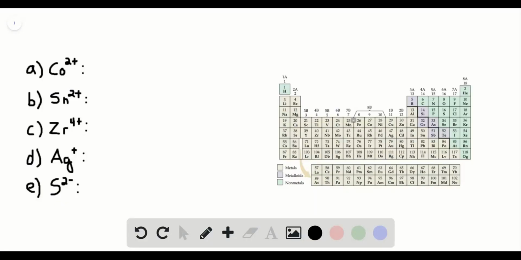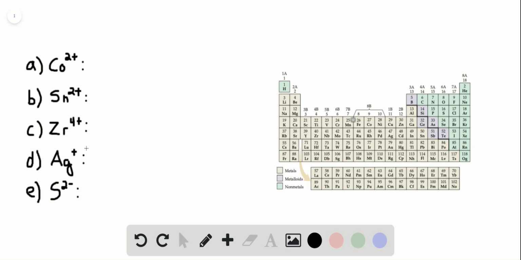This question asks us to write the electron configurations for the following ions and determine which have noble gas configurations. So the first one is cobalt 2+. Cobalt is right here, number 27 on the periodic table. So in its ground state, or in its non-ionic form, cobalt would have electron configuration of argon,